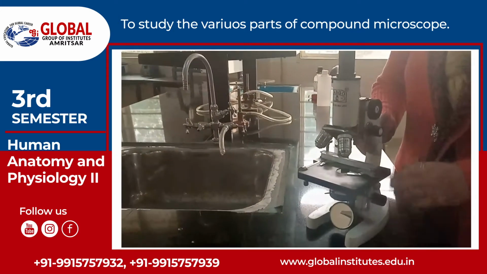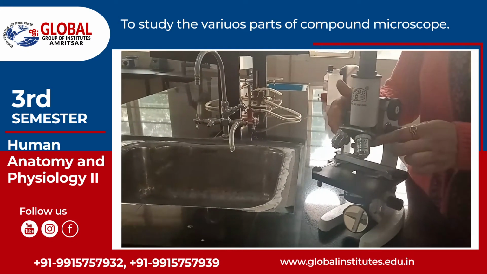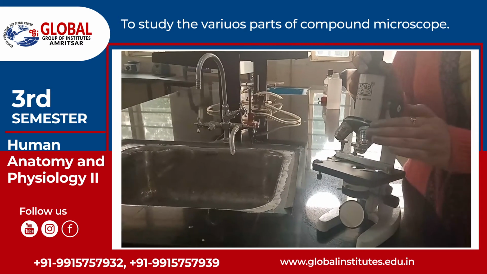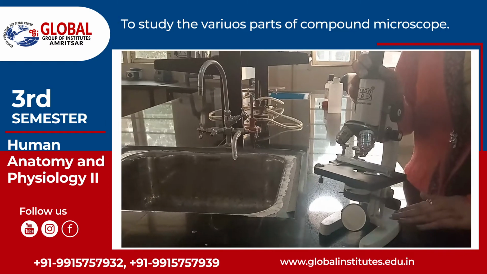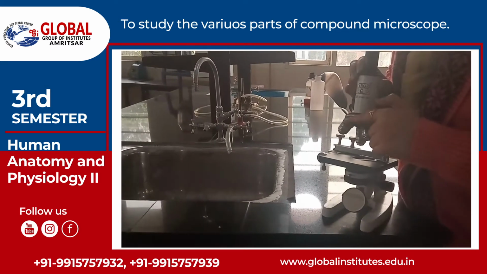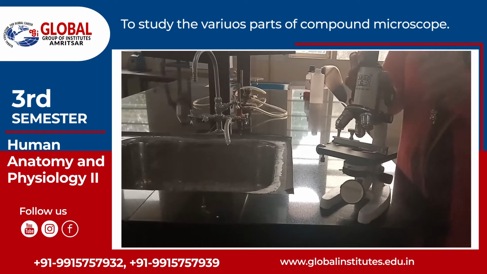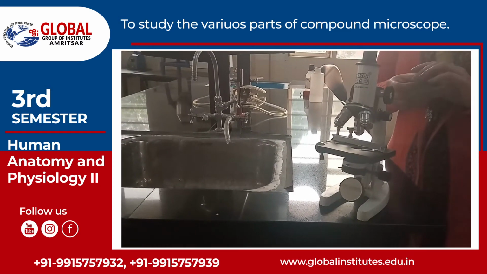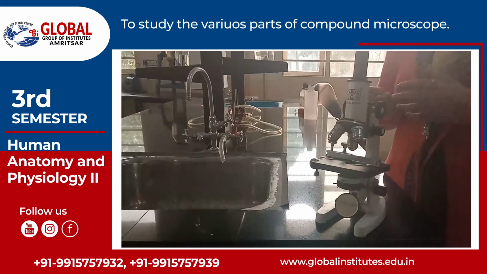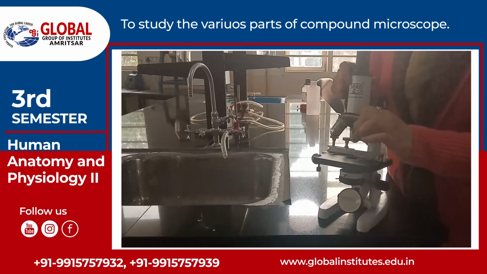The next part of the compound microscope is these lenses, and these lenses are known as objective lenses because these are closer to the object, and this set of lenses is available in varying magnifications. Most commonly used magnifications are 10x, 45x and 100x. The 100x is used wherever oil is employed while studying, so it is known as oil immersion lens. But to start a normal microscopy, we start with the objective lens having the magnification of 10x.